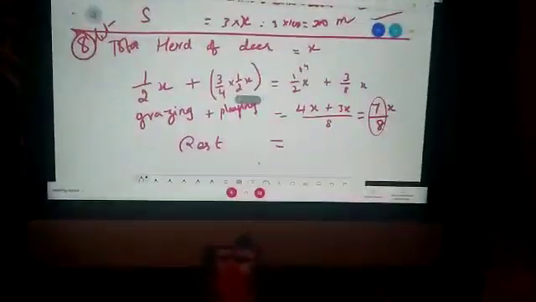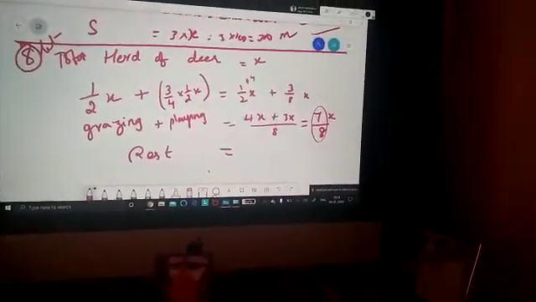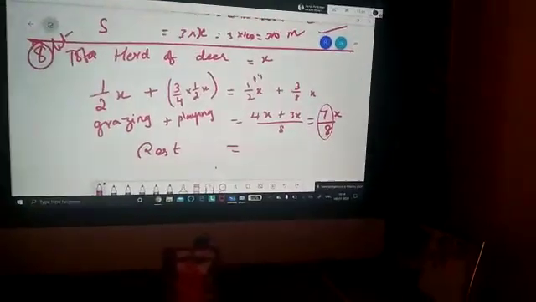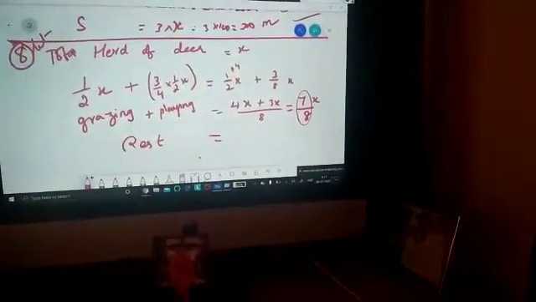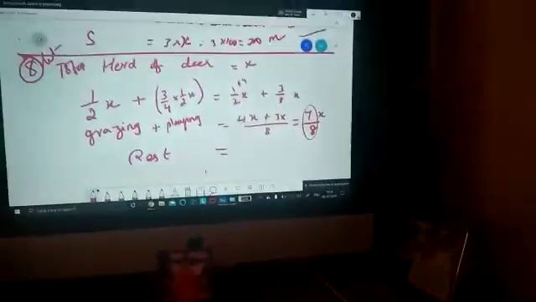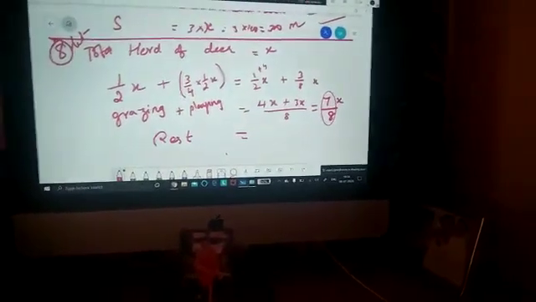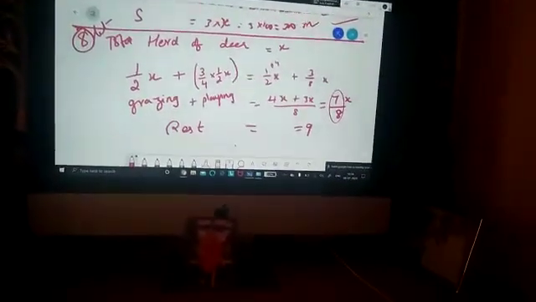Listen, if you use the logic, it's very easy. Total herd of deer is x. In that, half of the deer is grazing and 3/4 of the half is playing. We have calculated both. 7/8 of x will be doing some work. Rest are 9. So, what is the rest fraction I am asking? Which fraction is equal to 9? You see the answer and tell that. Think about it and tell. 1/8.